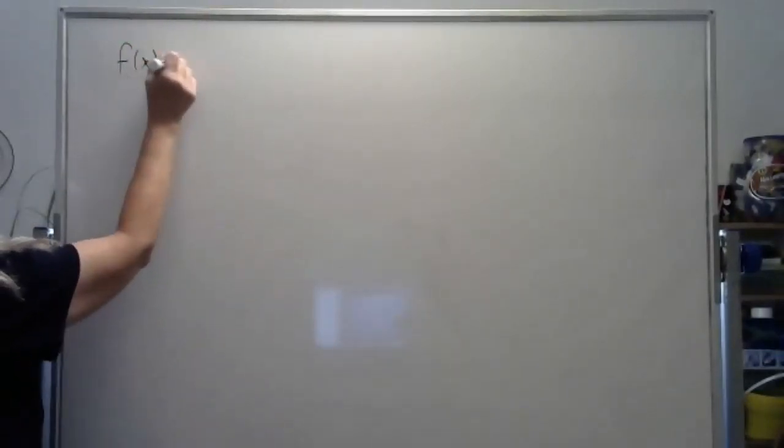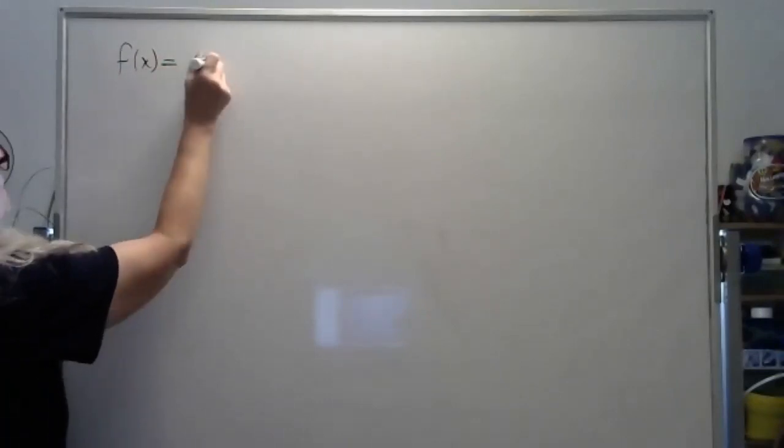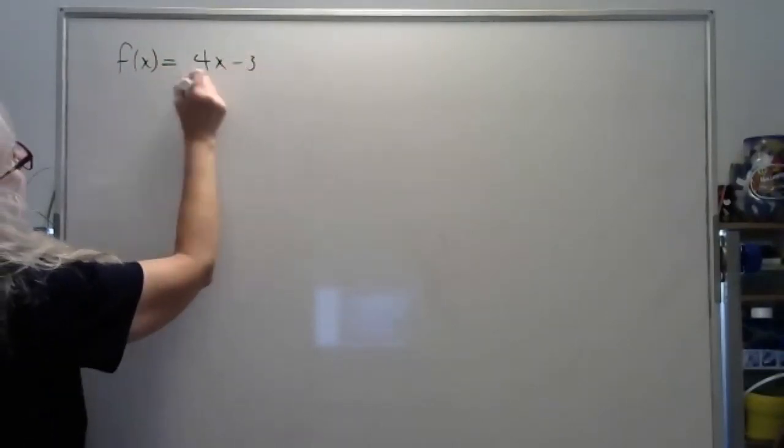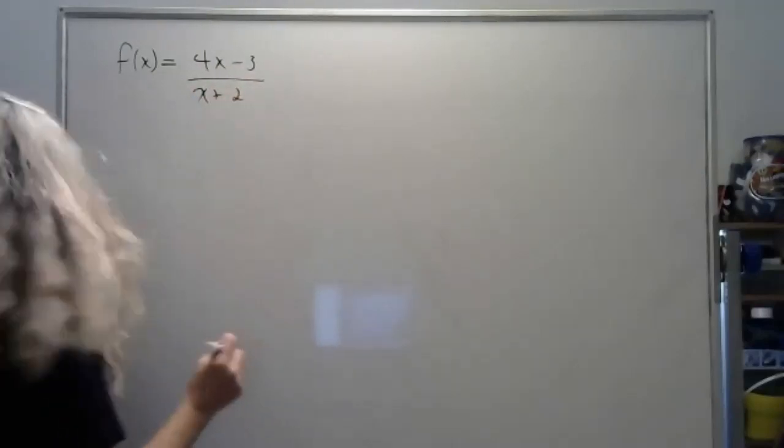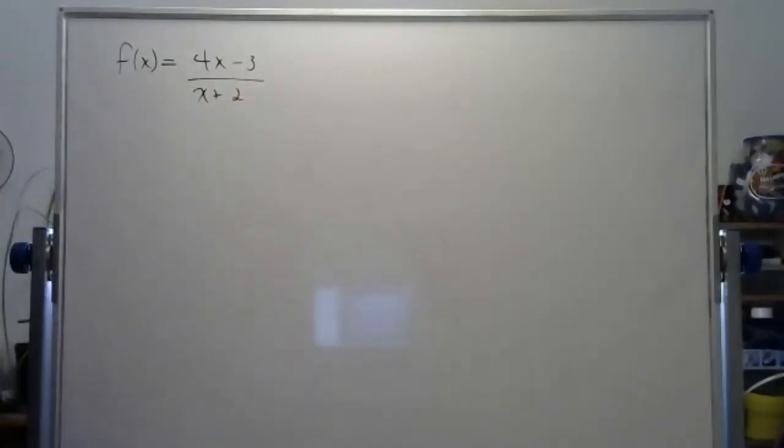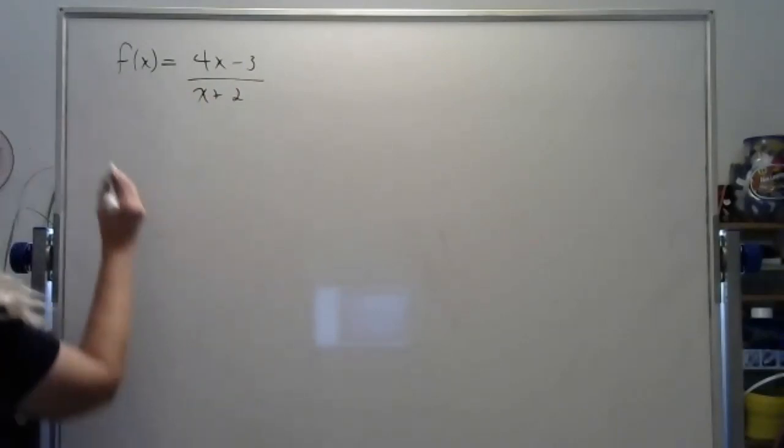Okay, let's graph f of x is equal to 4x minus 3 over x plus 2. So 4x minus 3 all over x plus 2. Okay, when I look at that, I don't freak out. What I'm going to recognize is that because x is in the denominator, it's a rational function. And for rational functions, we need